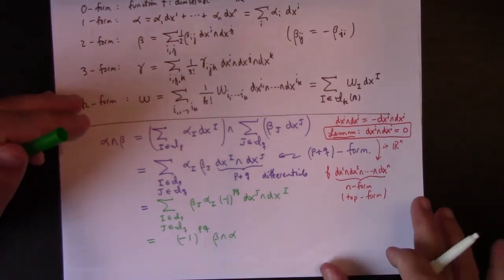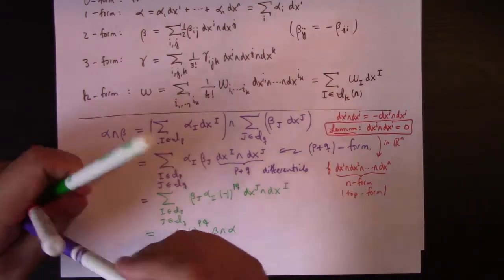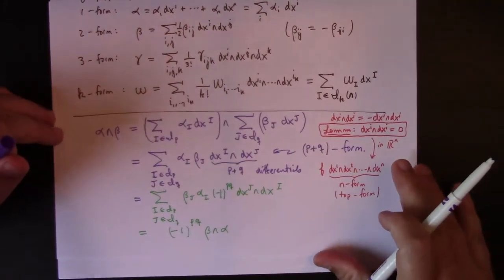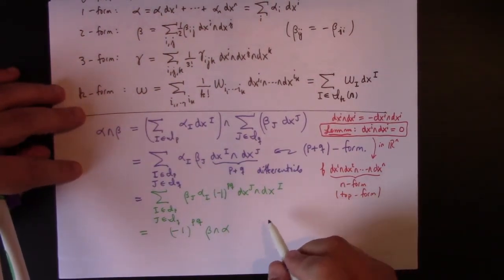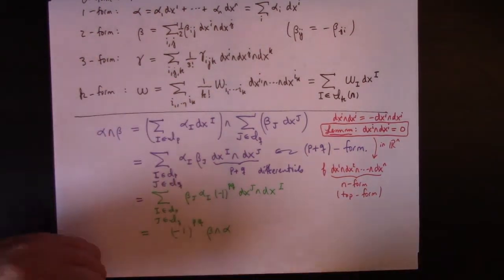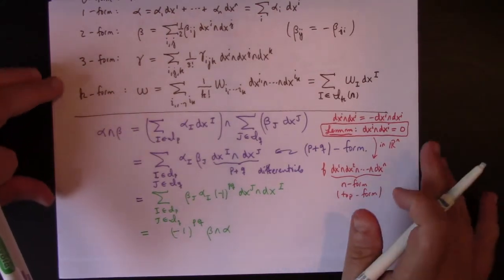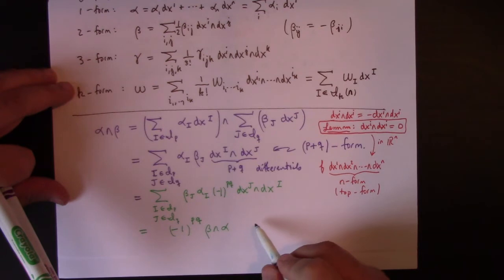Aha! So there it is. There's the general commutation or anti-commutation rule for forms of so-called homogeneous degree. Homogeneous forms are the ones we almost always consider. They're ones where every term in the differential form has the same number of differentials. Almost always this is what people are talking about when they're talking about differential forms, but in principle,